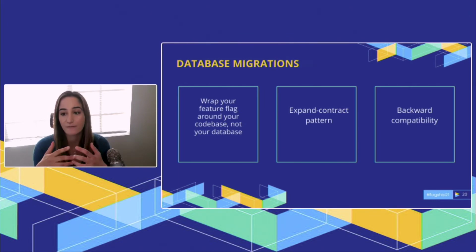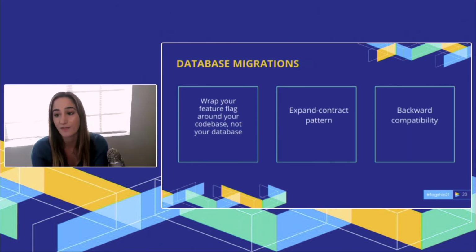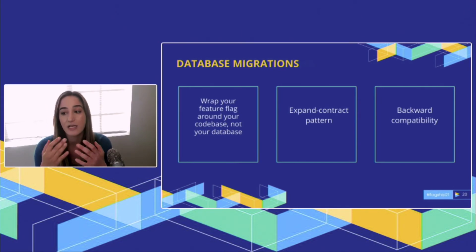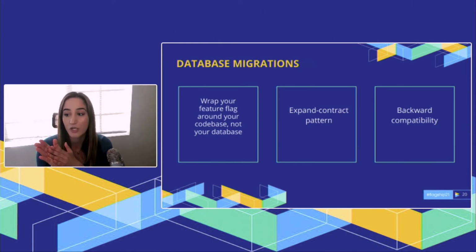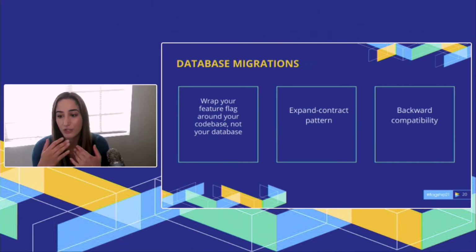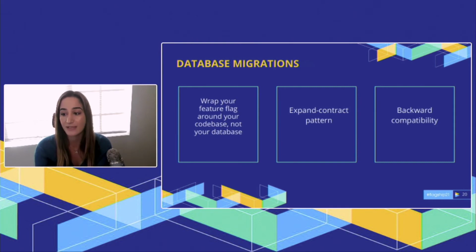And just as you need different versions of your software to work at the same time, you also need different versions of the database to work at the same time. Because in reality, you can't stop the world, update your code, and then start the world again, right? You have to do it gradually, which means more than one version is going to have to work at a time with the database. When you're migrating to a new database schema, you expand the schema to work with the old version and the new version, and then contract to work only with the new. What this does is it allows the gradual rollout of the new changes to be successful while knowing that the old code still works for your users who haven't gotten it yet.